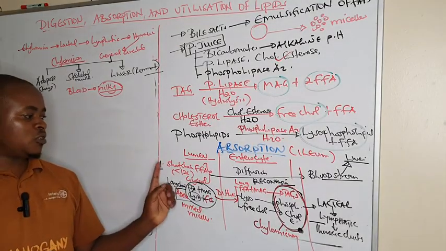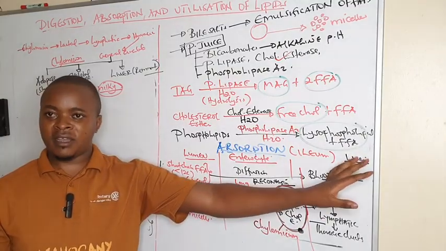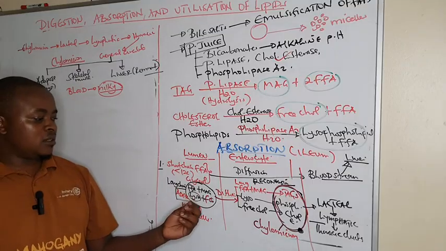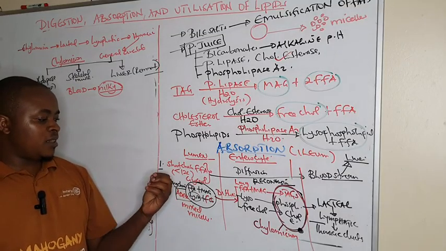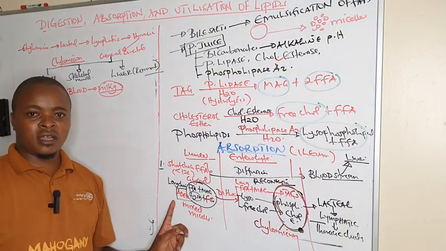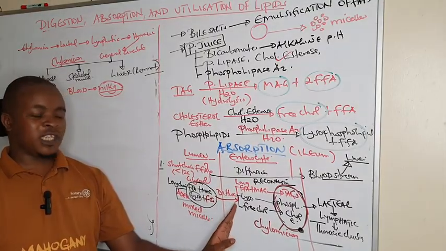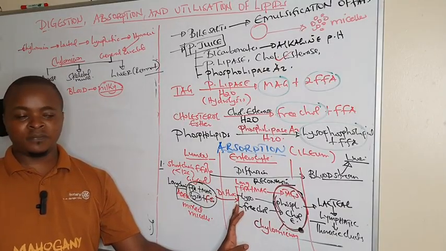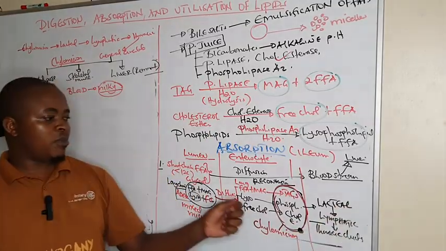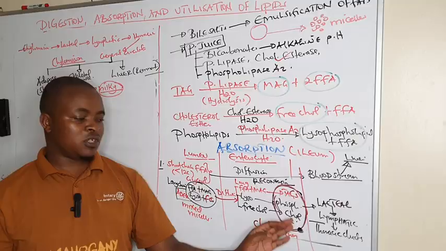Absorption is that short chain fatty acids and glycerol are absorbed directly and taken to the liver by simple diffusion. The long chain fatty acids, the lysophospholipids, and the free cholesterol combine with the vitamins A, D, E, and K to form mixed micelles, which are absorbed into the enterocytes by diffusion. Within the enterocytes, they are reconverted back, whereby these ones form TAGs, lysophospholipid to phospholipids, then cholesterol to cholesterol